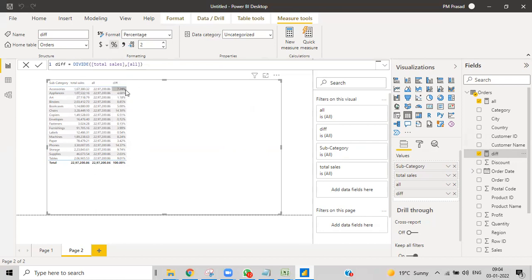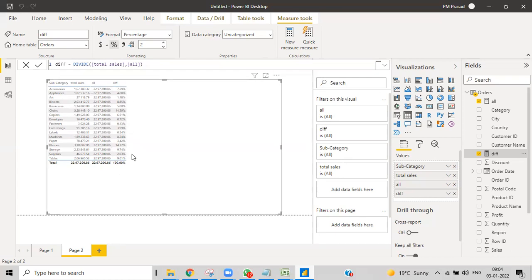So here, how much percentage is this sales? In the total sales, it is 7%, and then this is 4%, this is 1%. This is the subcategory part in total sales. Altogether it is 100% again. Hope you understand what I'm trying to tell. This is how we find it.